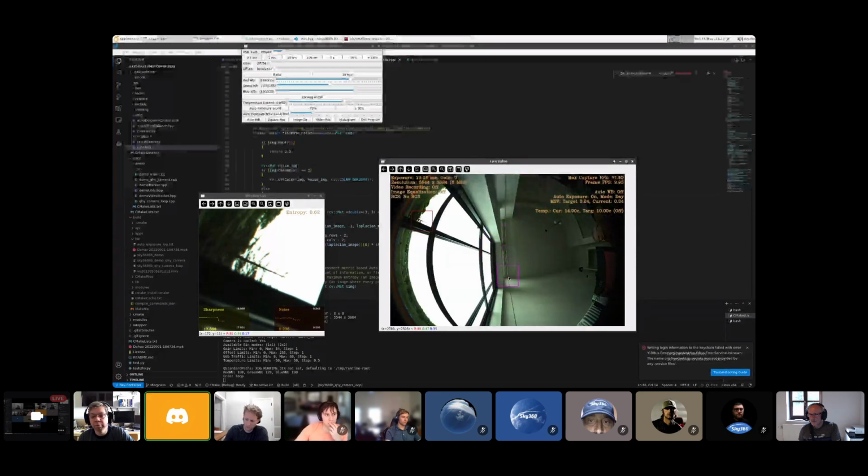You can see auto exposure is adjusting to the target value we have set for day, so it's reducing exposure now. That's the current brightness of the frame, and it's trying to meet that target value. If it gets within a range of that, it stops, and I think it's 0.03.